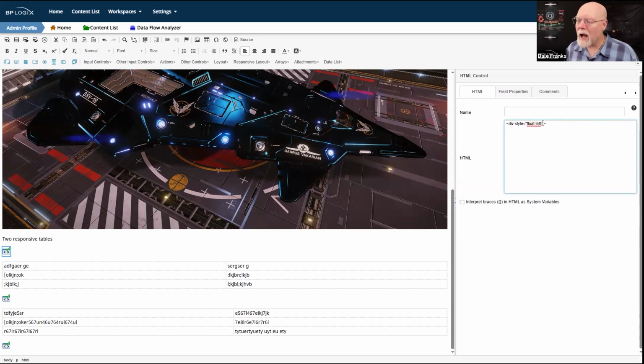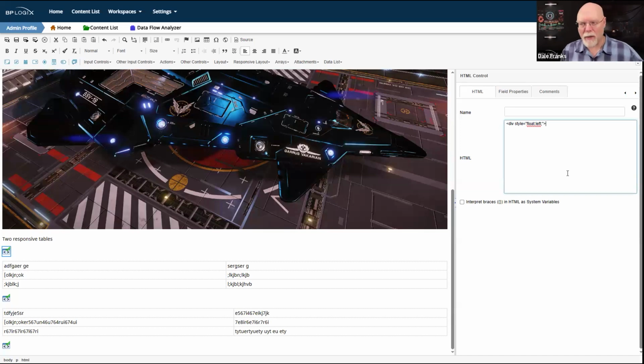And I've given it a style, float left. And what that means is I want everything inside this div tag to float on the left side of the page. What that means is that it will always be on the left. And if there are other objects that might be able to fit in beside it, those objects will appear on the right of it.